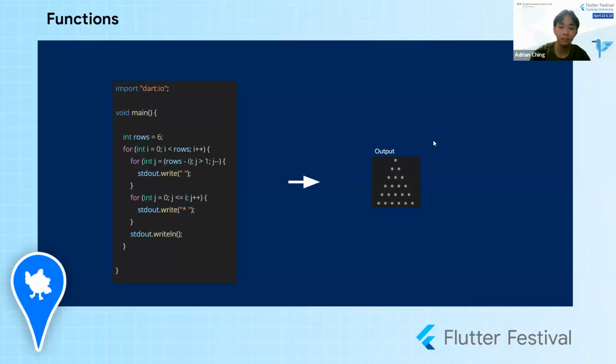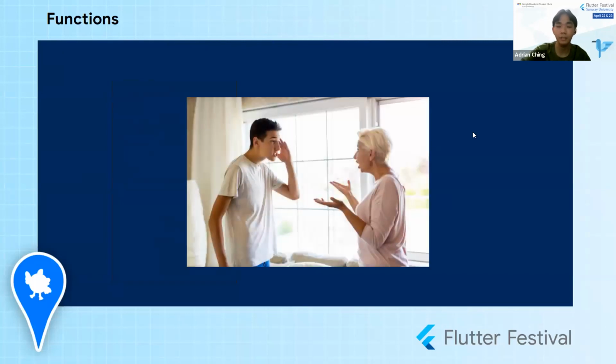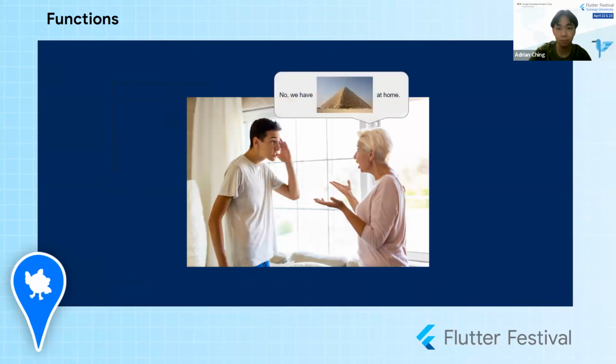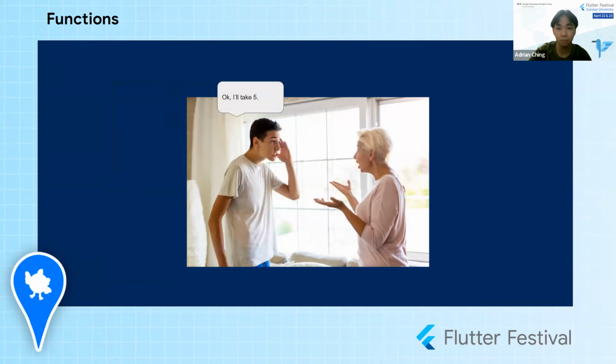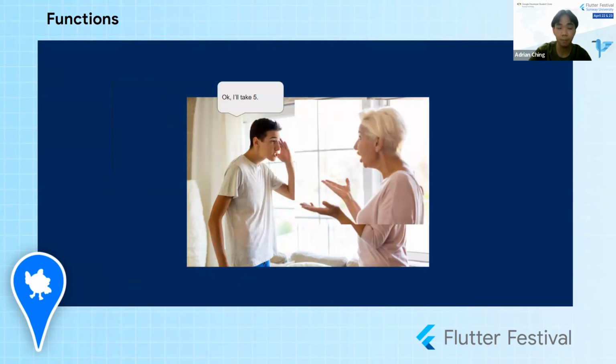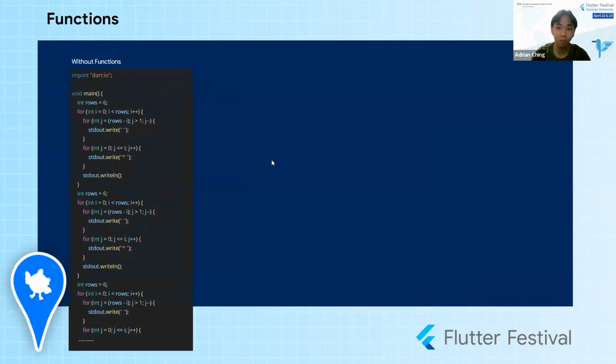Now let's take a look at this scenario here. Basically, the mom now has to make 5 of these for her son. Without functions, the code is going to look something like this.